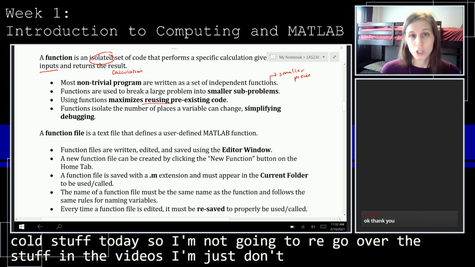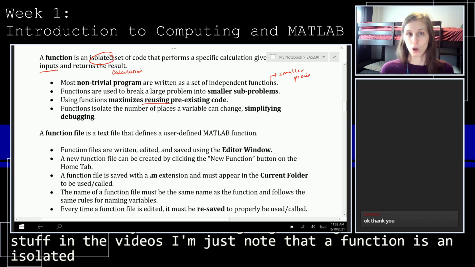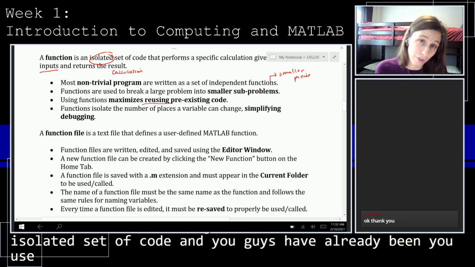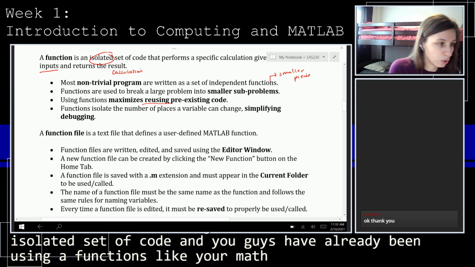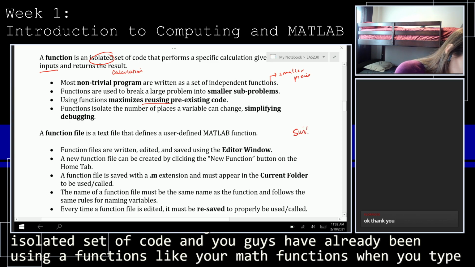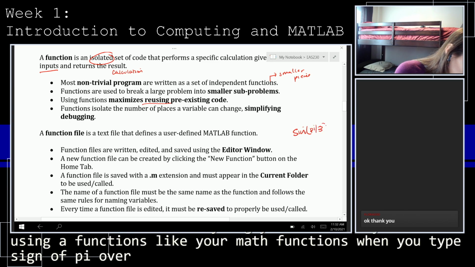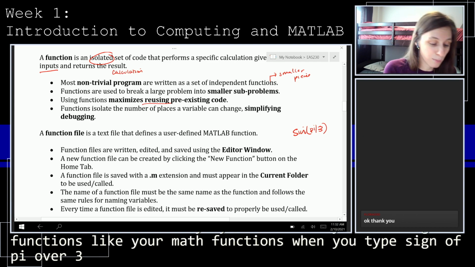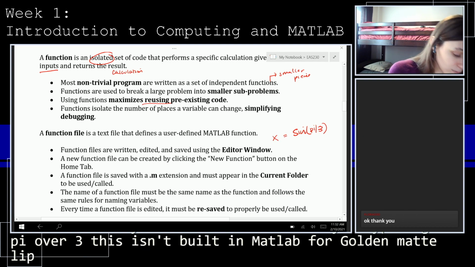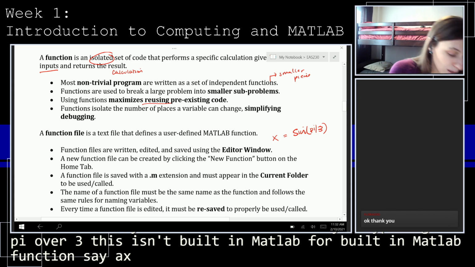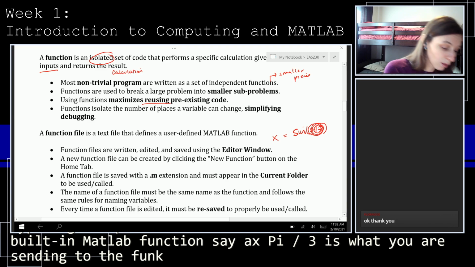Just note that a function is an isolated set of code. And you have already been using functions, like your math functions. When you type x = sin(pi/3), this is a built-in MATLAB function. Pi over 3 is what you are sending to the function.